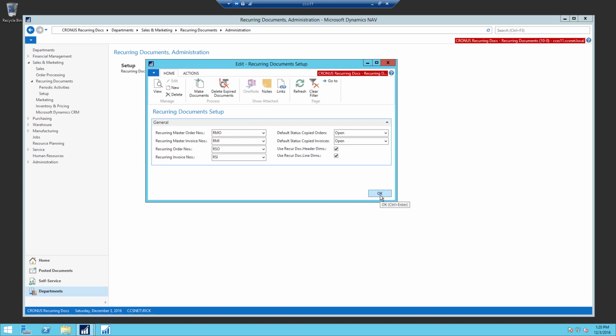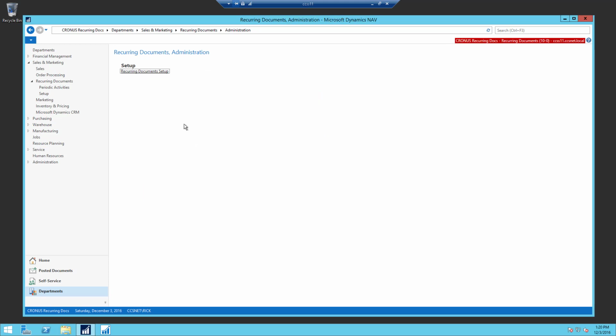Let me see if there's anything else I want to mention. I'm just going to look in the manual here real quick. Default statuses, yeah, I've covered that. Recurring documents. Oh yeah, there's one other little thing that you might want to do. So if I go here, recurring documents, and you go to the list, here's the recurring master orders and recurring master invoices. I